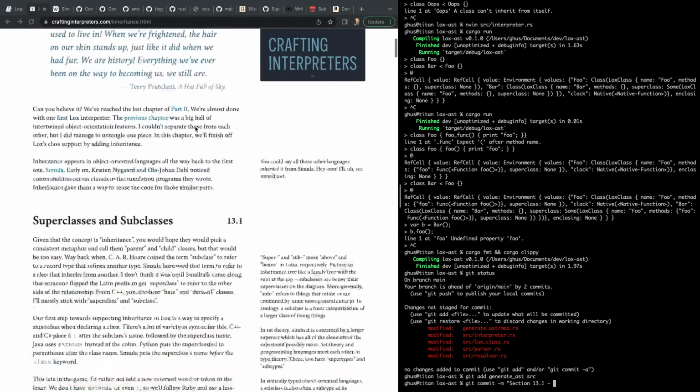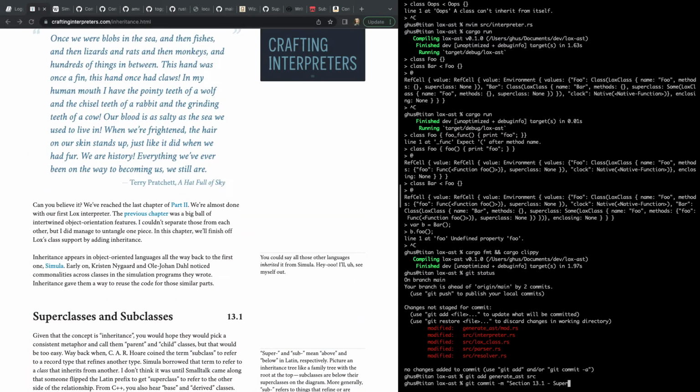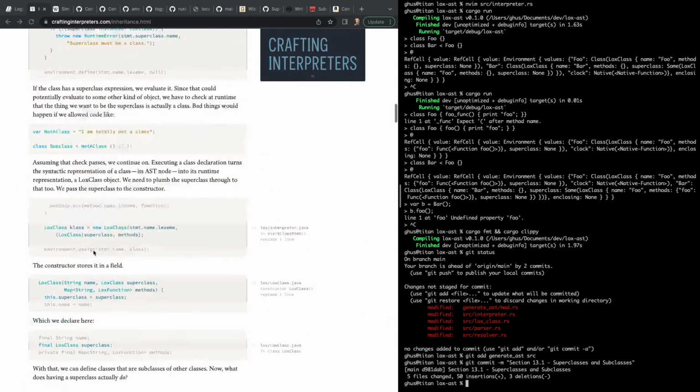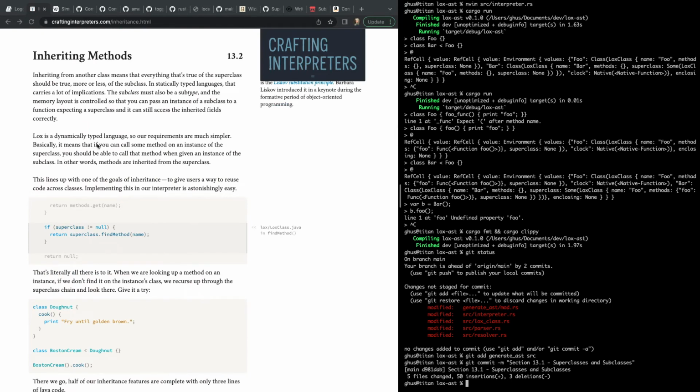What was section 13.1 called? Superclasses and subclasses. All right. So 13.2, inheriting methods. Inheriting from another class means that everything that's true of the superclass should be true more